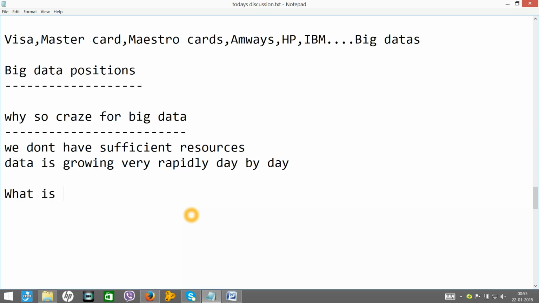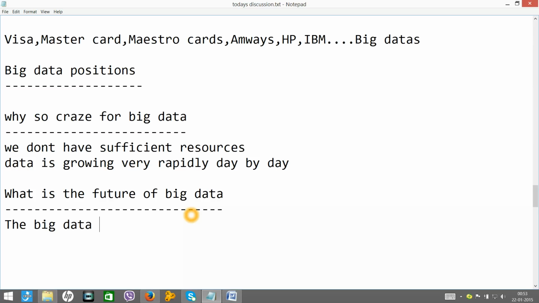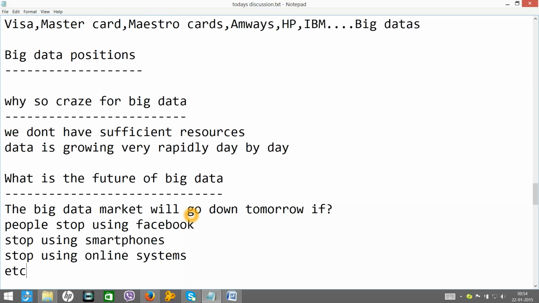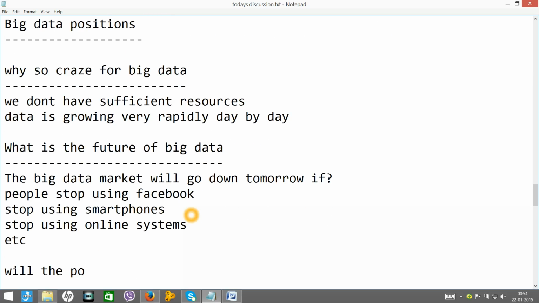Next is, what is the future of big data? The big data market will go down tomorrow if people stop using Facebook, stop using smartphones, stop using online systems, etc. Now the question is, will the people stop?